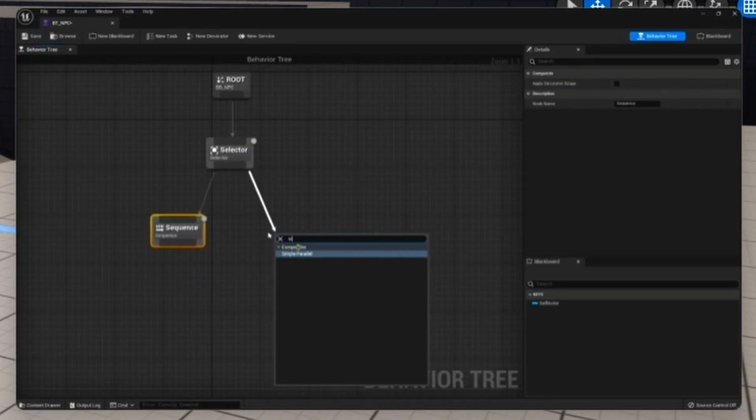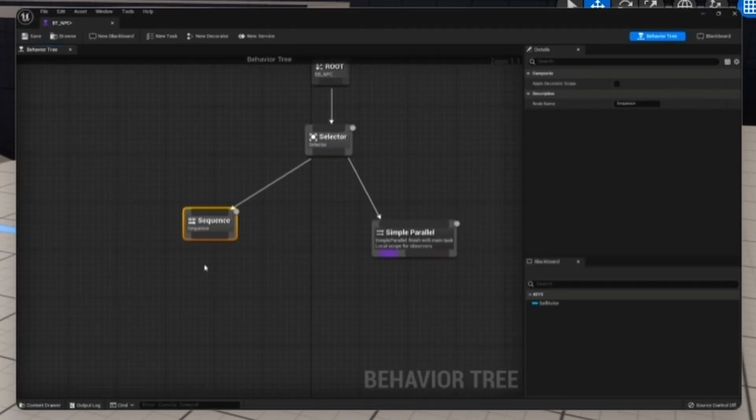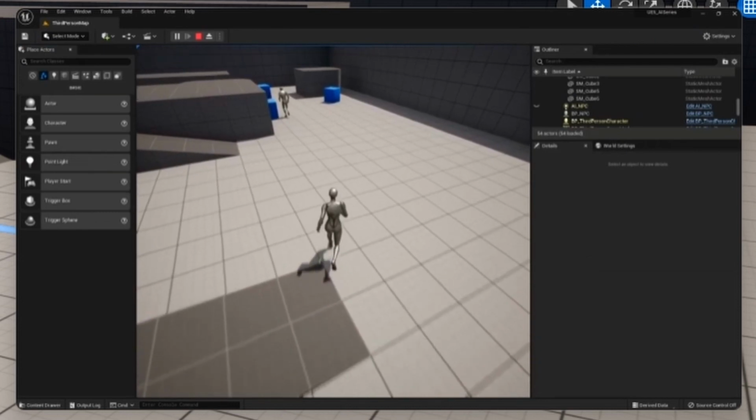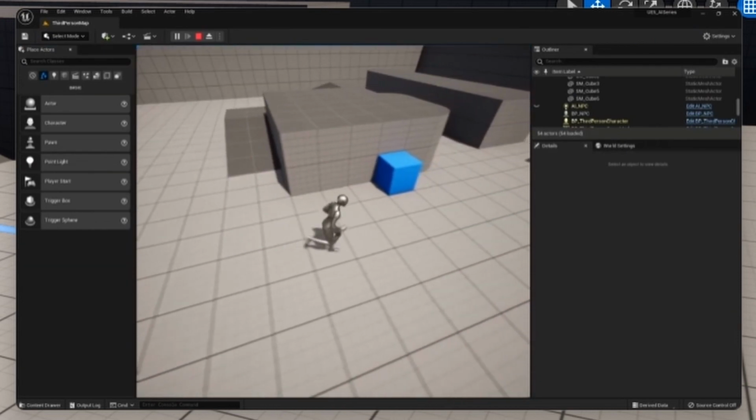Now we've got a basic character setup, we're going to start looking at the behavior tree system. So in the next episode, we're going to go through the behavior tree, explaining the different functions it has and how we can use it to move the character around the space. You can watch that next episode right now over on